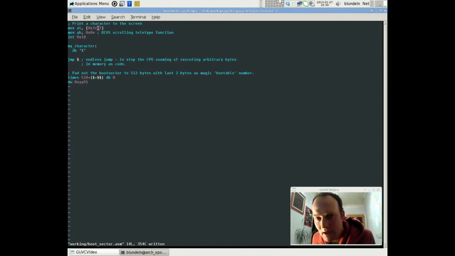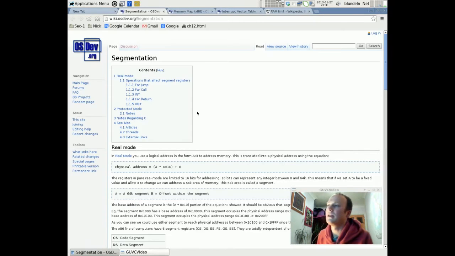The CPU looks in special segment registers that I can change, takes the values in those segment registers, and uses those and this address here to calculate the absolute address. What that means is that by changing the segment registers, it will change the absolute address that this accesses, and basically by increasing the value in the segment register, it will increase the range of this local address. But it's a bit strange how it works. There's a simple calculation for it, but